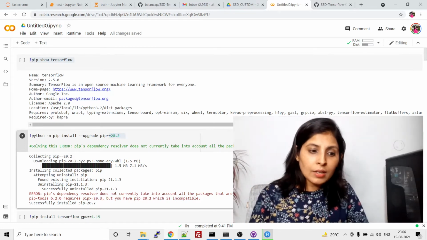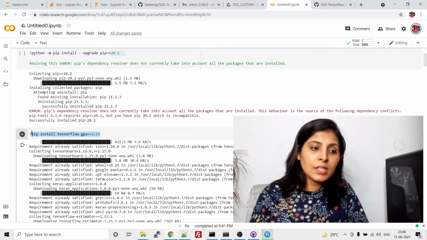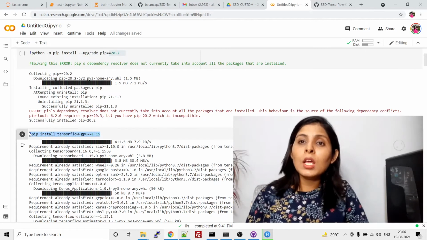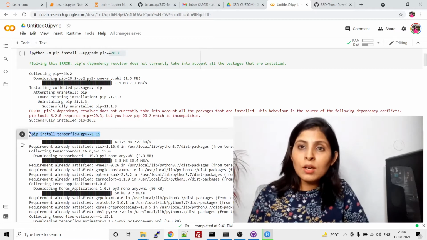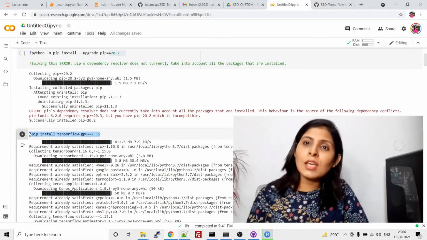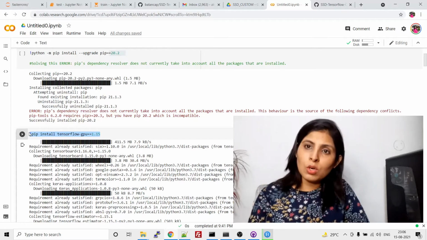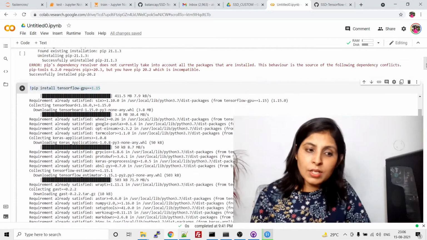After that, the next step is we are installing TensorFlow GPU. Remember in my last video, while doing the environment setup on a local computer, I used the same TensorFlow GPU version. So the same TensorFlow GPU version I'm using over here. Using this command you can install it.